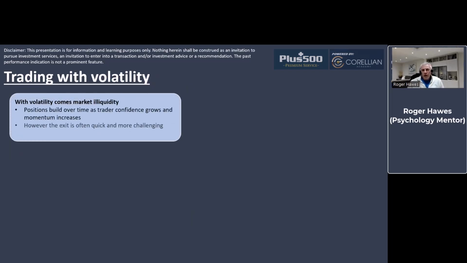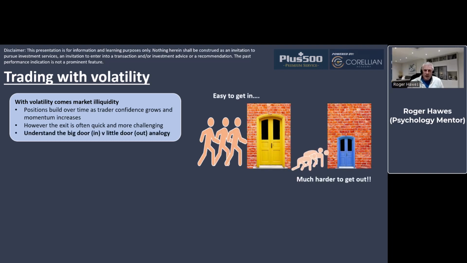Now, there's another little analogy here, and again, this is part of us understanding why things happen. Very briefly, in quiet, normal, trending markets, we get plenty of entry levels. We've got lots of traders ambling through a very large yellow door, plenty of liquidity, no one's panicking. But more and more people find access to this trade. The trade becomes heavily populated, and then when some of these random responses come through, everybody tries to get out of the door at